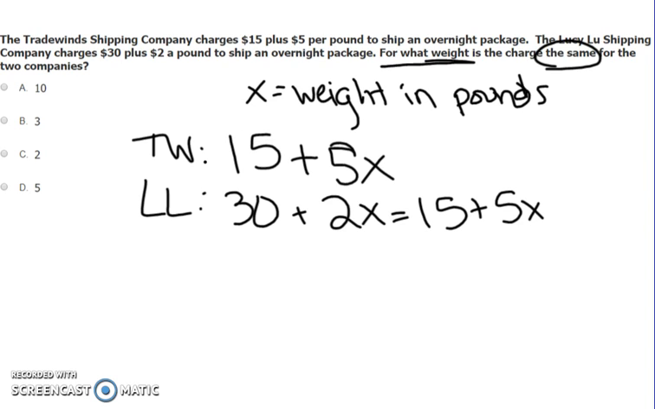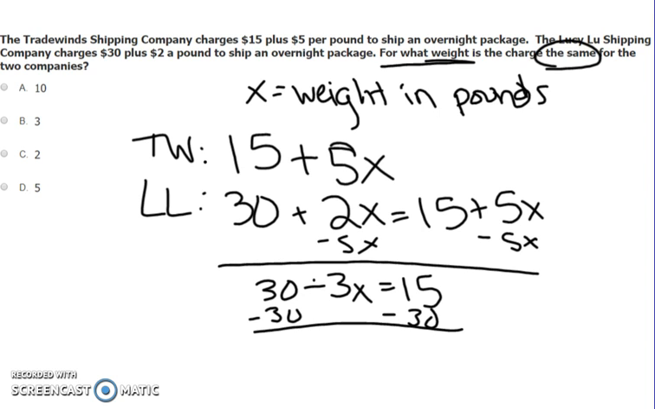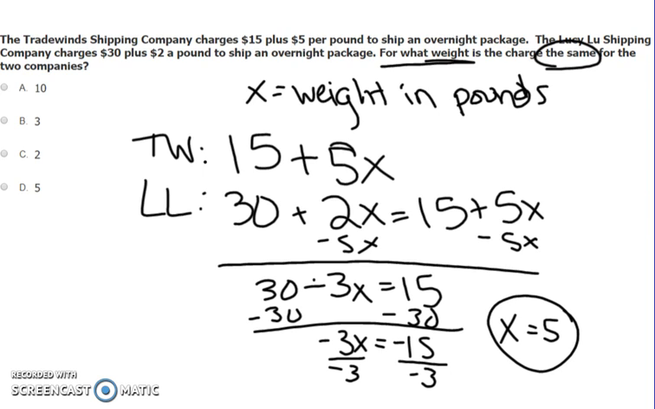Now from here, we solve it like a normal equation. I'm going to subtract 5x on both sides, and I'm going to have 30 minus 3x equals 15. If I subtract 30, I get negative 3x equals negative 15, divided by negative 3, and x is equal to 5. But make sure you write the equation correctly, because if you write the equation wrong, it throws off your